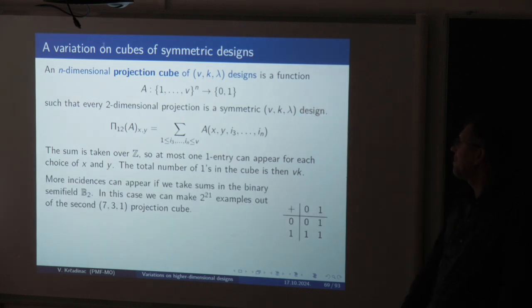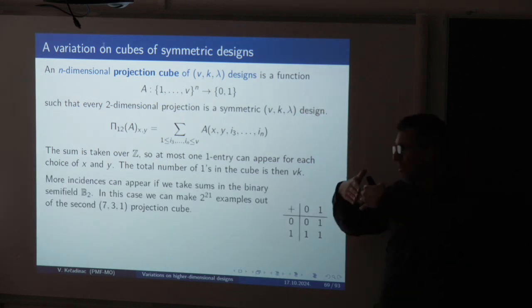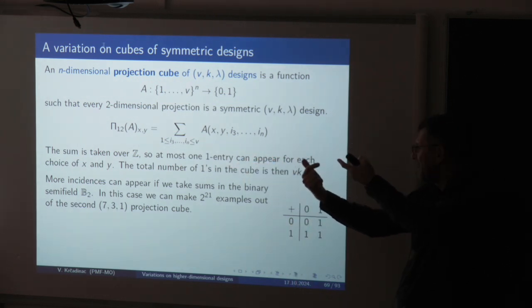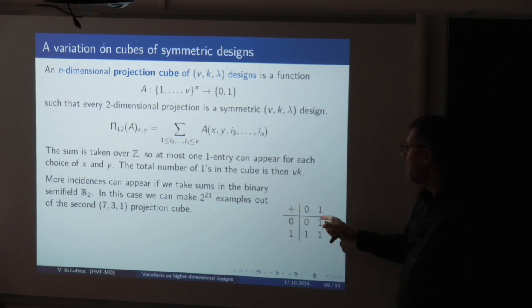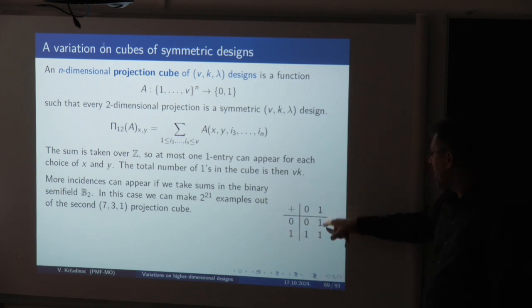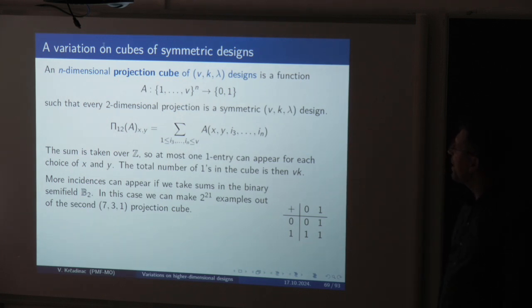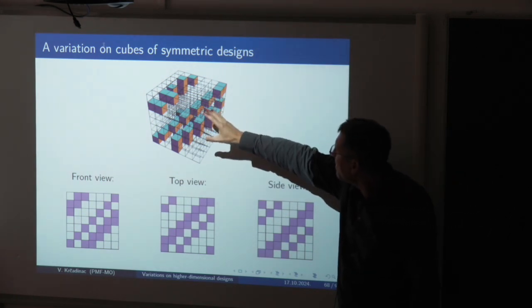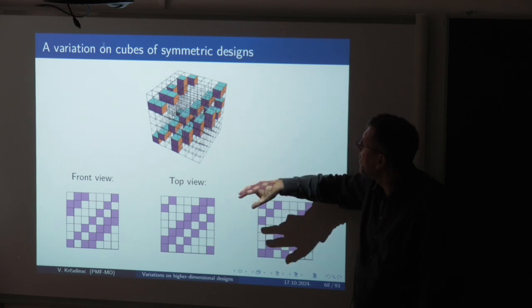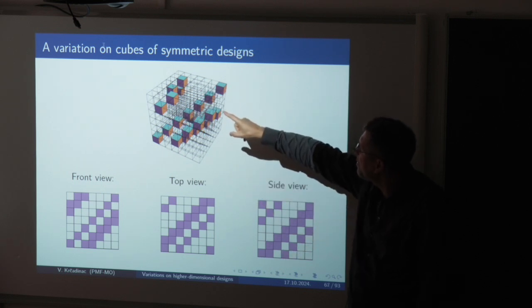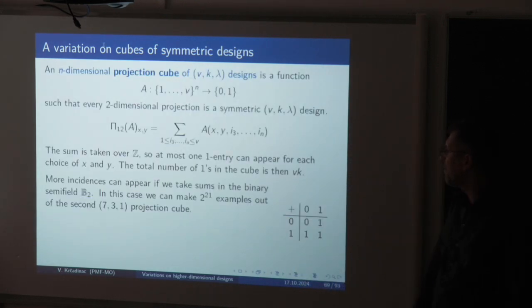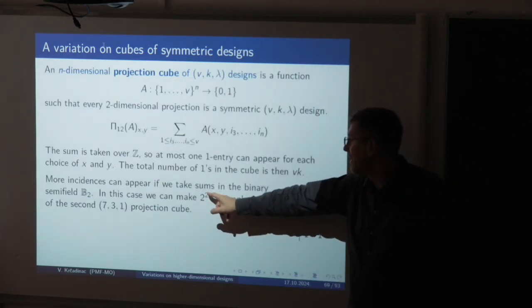However, you can also do the sum. If you're really looking at a shadow, if you see 2 ones, it's still going to be a 1. This is if you take the sum in the binary semi-field where 1 plus 1 is just 1. Then you can make more examples, because now this would also be an example with twice as many incidences, and you could just pick any one of these added ones and either put it there or not. So it would give you a lot of examples, 2 to the power 21,